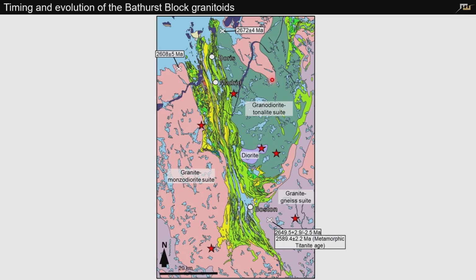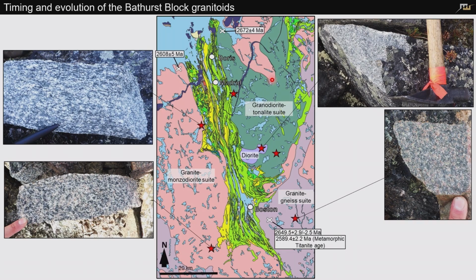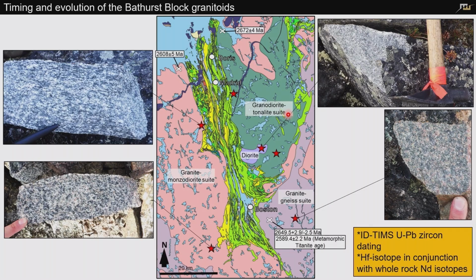And just to show you some photos here, they really range from being more dioritic to more tonalitic to more classic granitic composition. So I think there's space for doing more work on these granitoids, and especially we want to ID-TIMS and get more exact crystallization ages of them, but also I think Ben Neal is in here somewhere. He's visiting from U of A, and Graham Pearson's new postdoc, and he will look at